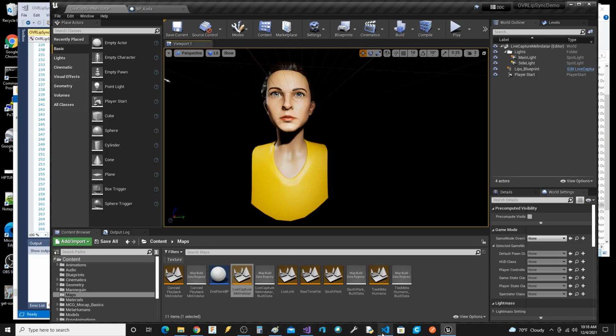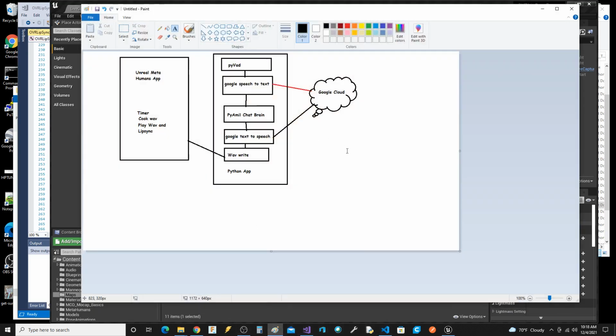And the other thing to realize here is that we might want to change the brain, and we might want to change the API for the text to speech and speech to text, and use AWS. And I've got a lot more chops in AWS than I have in Google.